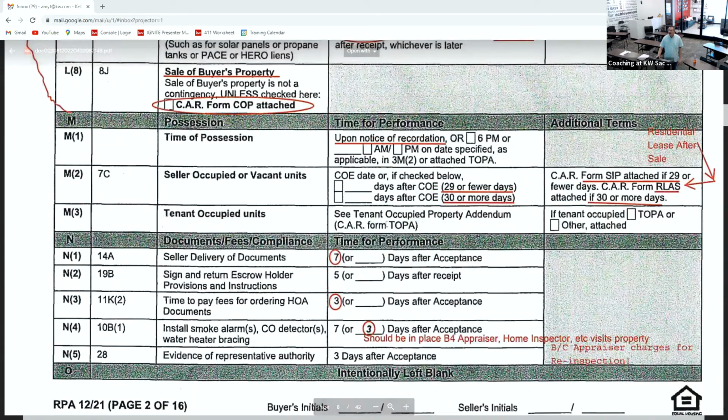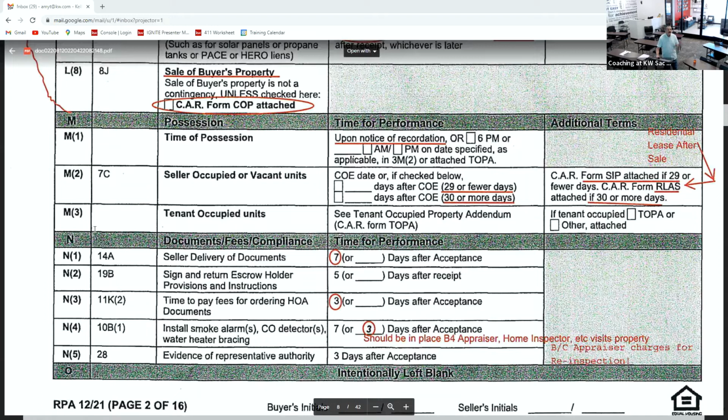Tenant occupied properties. You want to make sure, if you're representing the buyer and it's a tenant occupied property, which should be noted expressly in the MLS listing, that you use this TOPA form. Part of that also on a tenant occupied property,